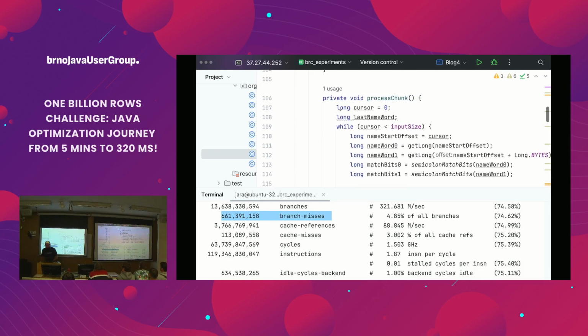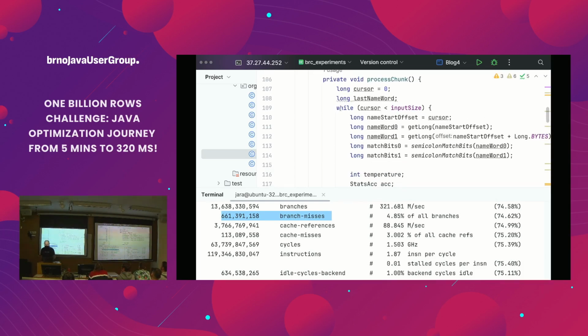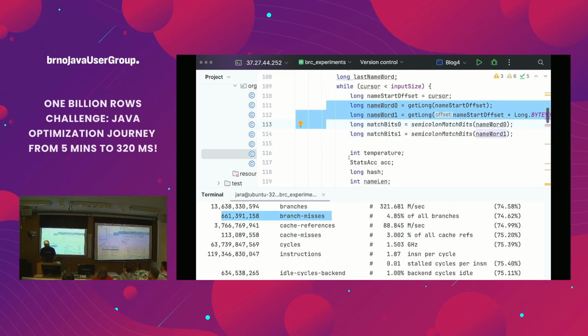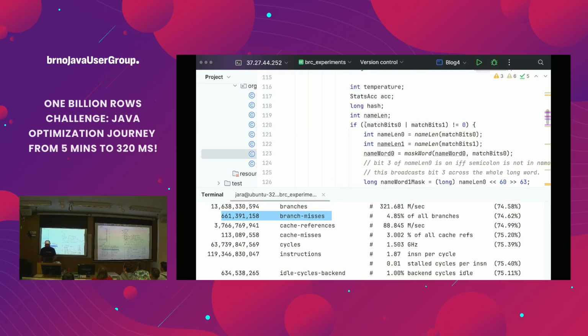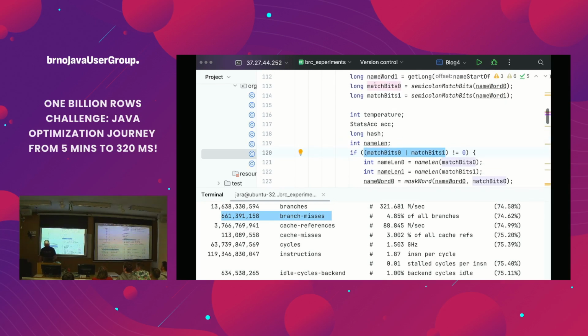Because now that one branch is gone, and what I'm doing, instead of reading just one long, first 8 bytes, I am reading 2 longs, so twice 8 bytes, unconditionally. Right. So I eliminated that branch. I'm always reading, so I'm sometimes doing a little bit of extra work. And then I find the semicolons in one word, in another word, and then there is still a branch, but the branch is taken as long as at least in the first 8 bytes or second 8 bytes there is a semicolon.